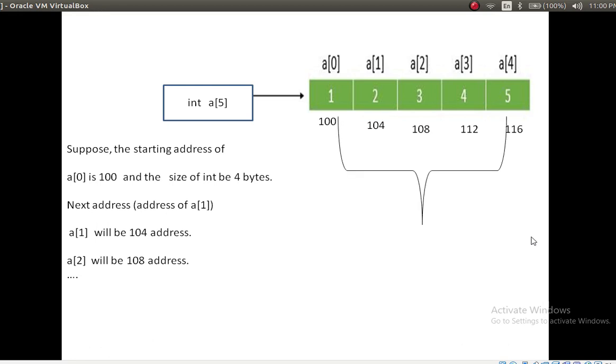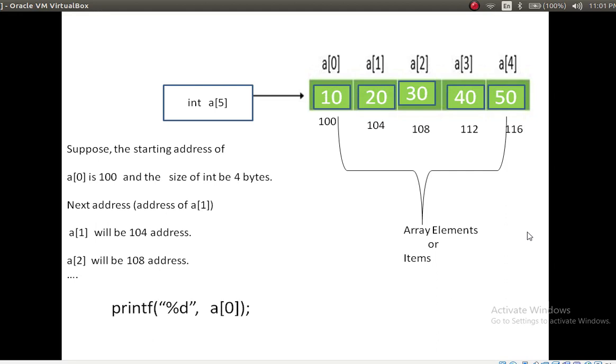Here these all are array elements, and these all are indexes. Now we will talk about this one, 100, 104.